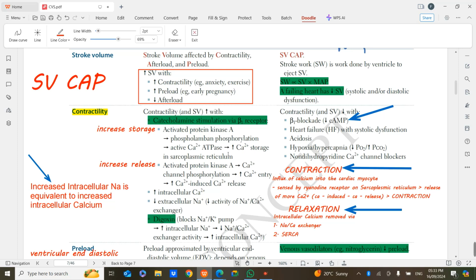S-E-R-C-A. SERCA. So please don't forget that. So that's SERCA. That's how we store calcium inside the sarcoplasmic reticulum. So another